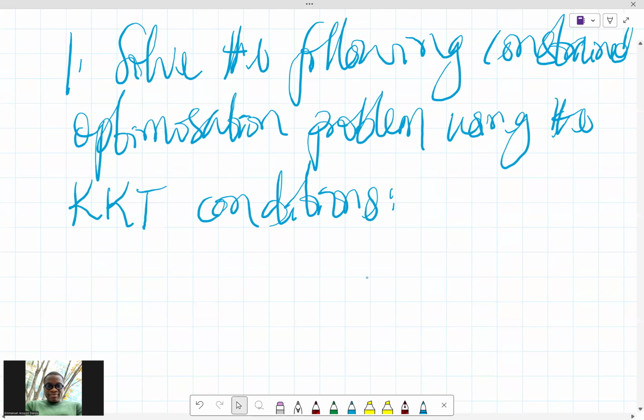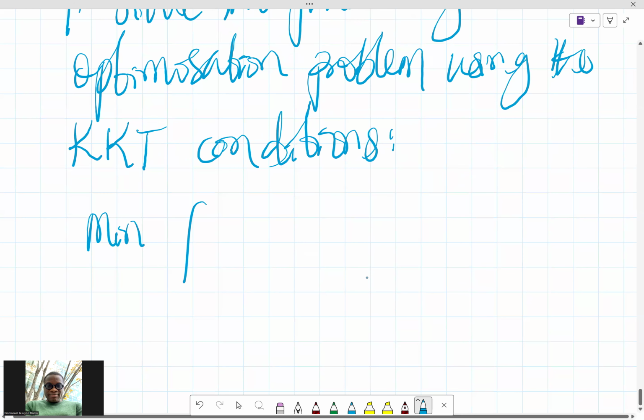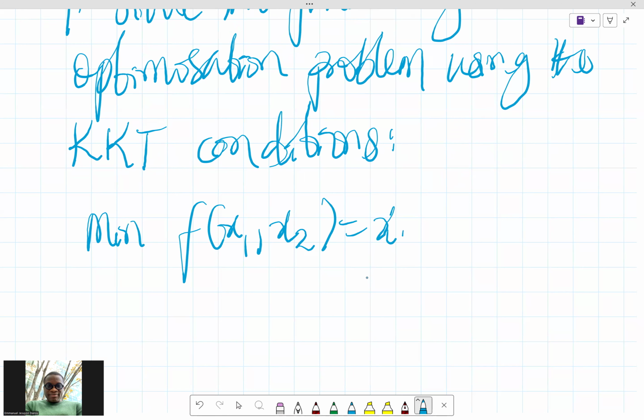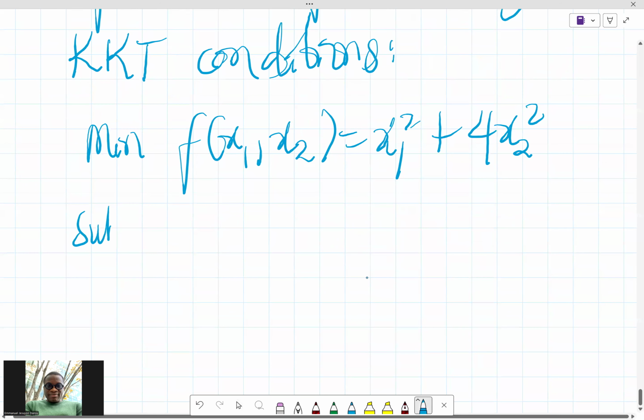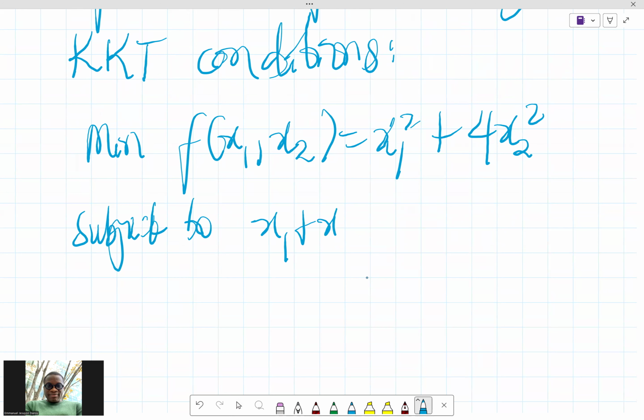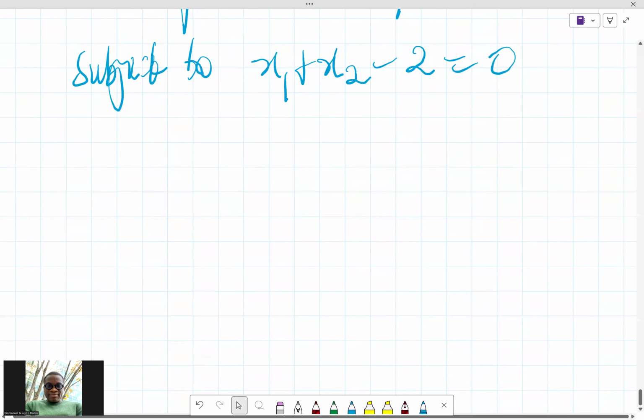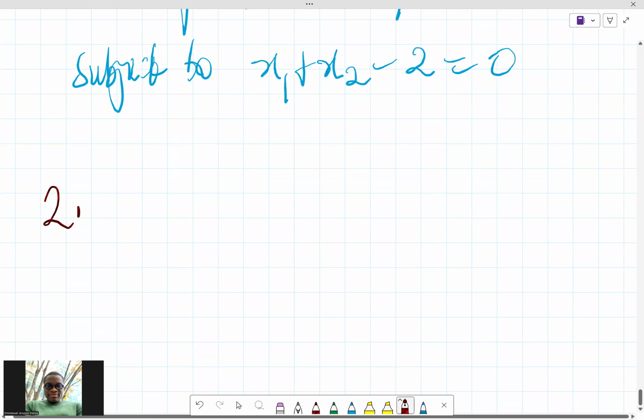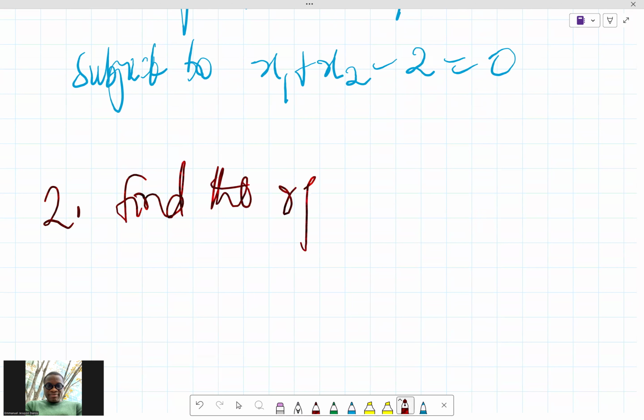Okay, so minimize f of x1, comma x2 equals x1 squared plus 4x2 squared, subject to x1 plus x2 minus 2 equals 0. And the first question. So the second question is find the optimal solution